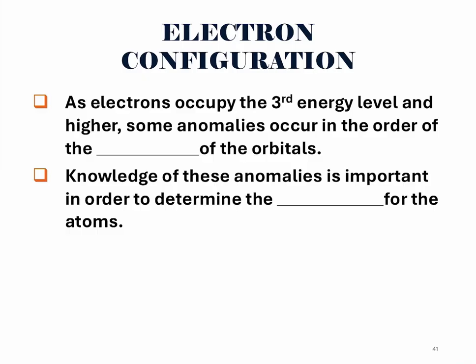Right? So the electrons that occupy the third energy level and higher occur in the order of the energy of the orbitals. And so what an anomaly is, for example, is that the 3d energy level is going to be higher than the 4s level, right? So the principal number went up, but the energy is still lower than the 3d energy level. And so these anomalies are important because they determine the electron configuration for these specific